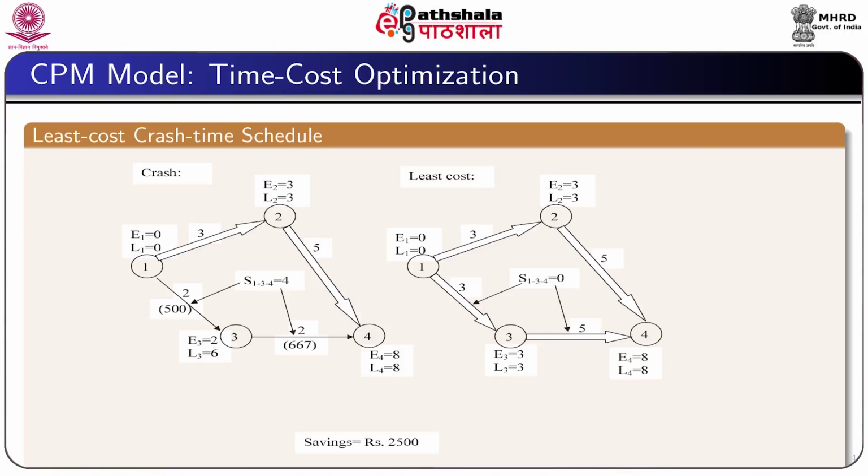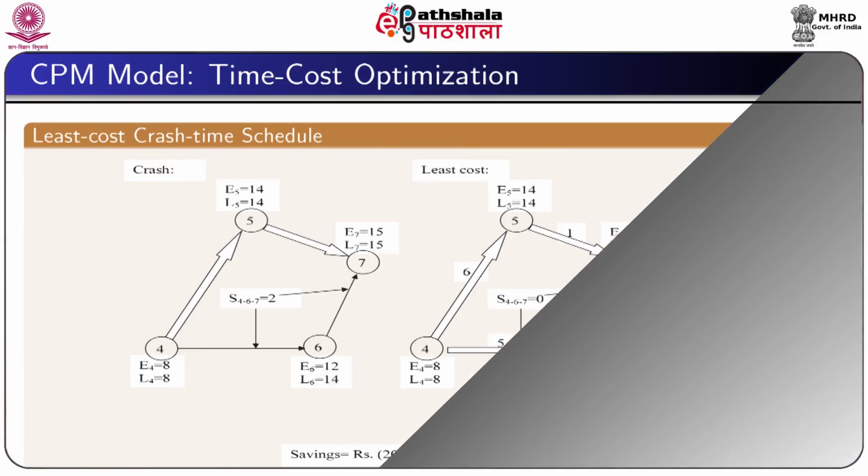So, ultimately the activity time for the activity 1-3 will be 3 and the activity time for the activity 3-4 will be 5, and then there will be no slack. This indicates that the path 1, 3, 4 will also be a part of the critical path. Therefore, in this case we can save in total